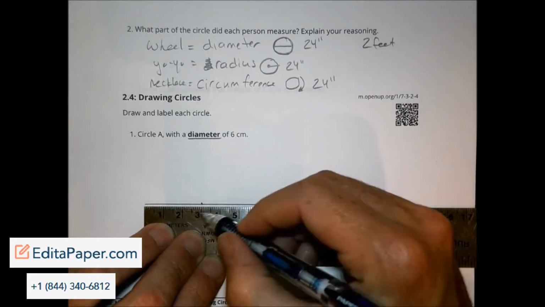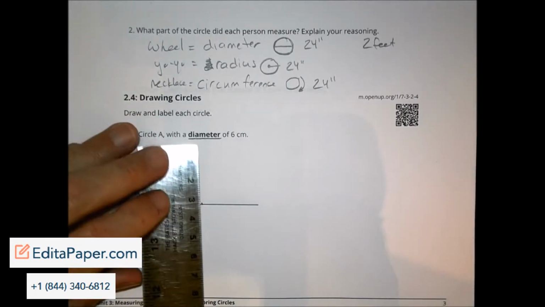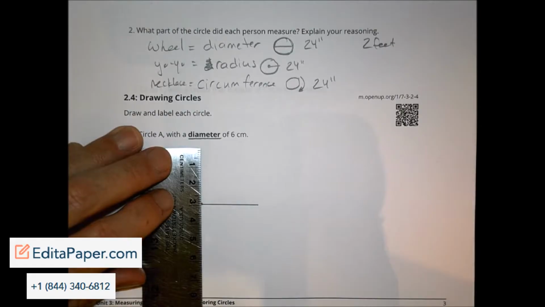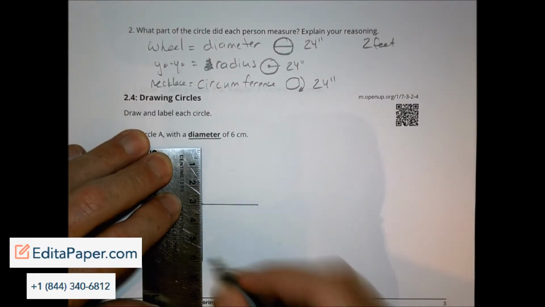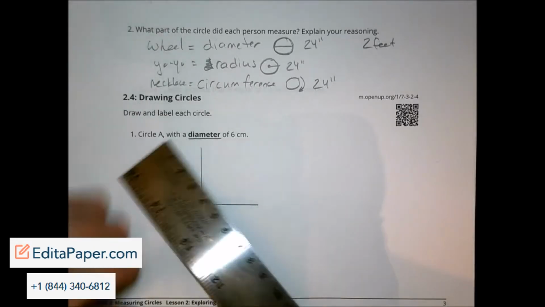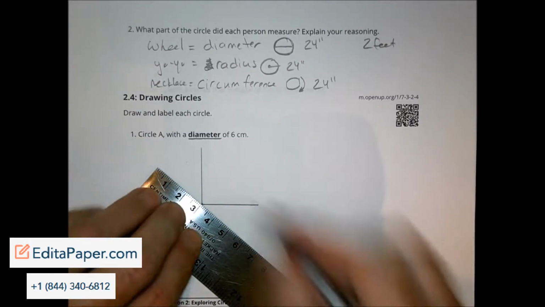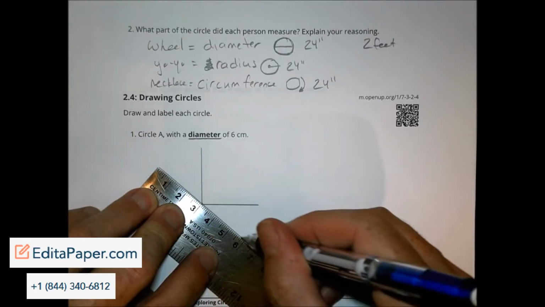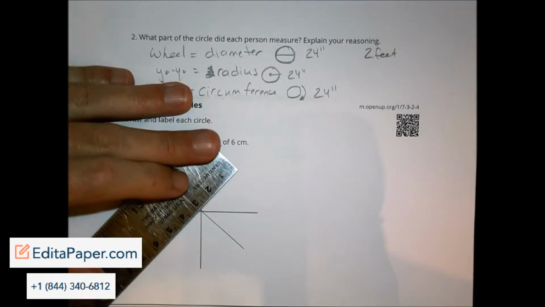Here's 3 is halfway through, and then I can just use my ruler and turn it sideways, make a little 90-degree angle there, and draw another line from here down to 6. If I want to draw a couple more, I could, just for fun. All right, pop that right there and go across. Whatever helps you have more dots to connect. So I put a line there, put a line here,